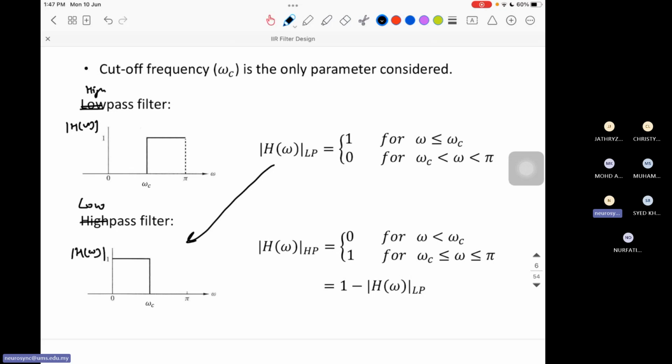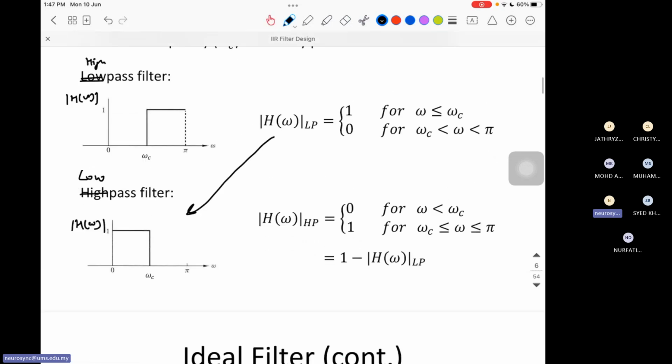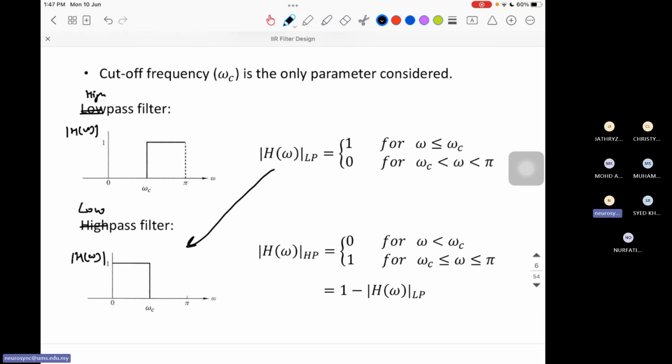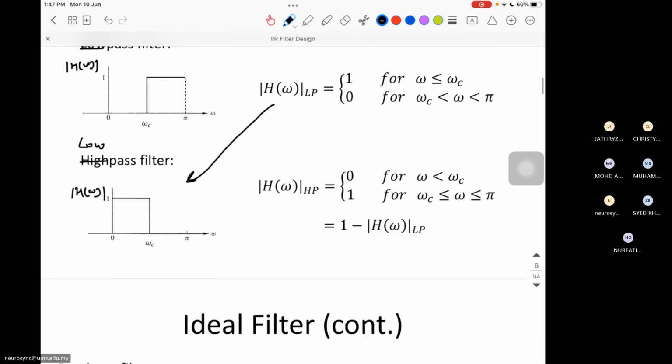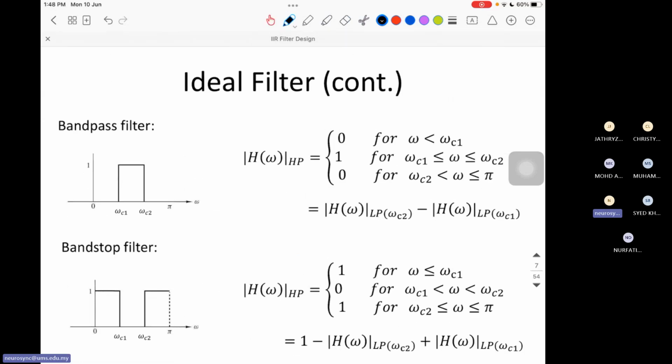Again, this high pass filter is also defined with some transfer function. It can be in the z domain or in the s domain. The s domain is basically the continuous time domain, and the z domain is nothing but the digital discrete time domain. So this is how we define the high pass and low pass filters. The high pass filter is nothing but 1 minus the magnitude of the low pass filter, and vice versa: 1 minus the high pass filter gives you the low pass filter.